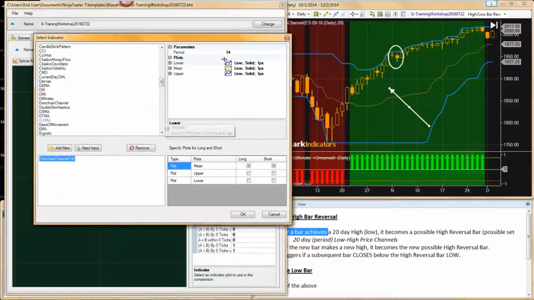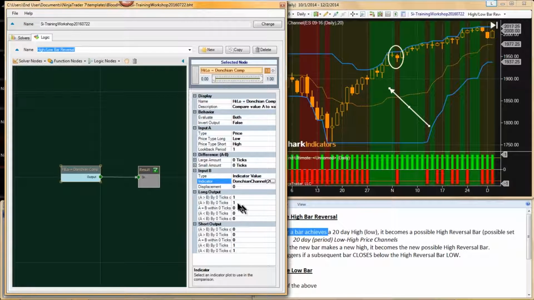All right, there's our indicator, and let's change it to a 20 period. Remember the upper channel, we're looking for new highs to generate a reversal short signal, and we're using the lower channel to find a long reversal. So there's our plots that we have selected. All right, and next,